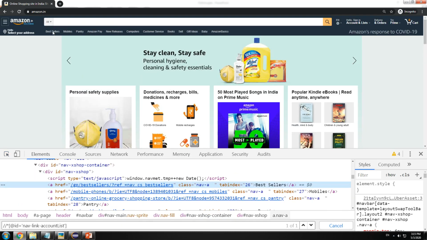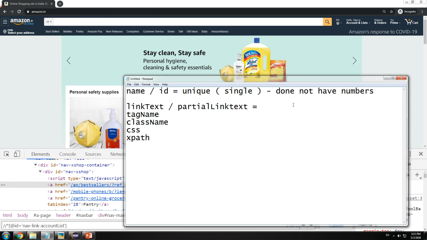So we can identify links. When I say link, it needs to have the anchor tag. A stands for anchor. So rule number 1, it should have the tag A.